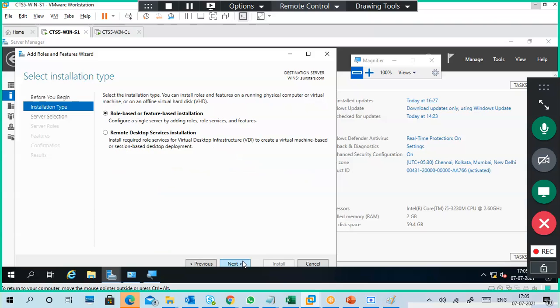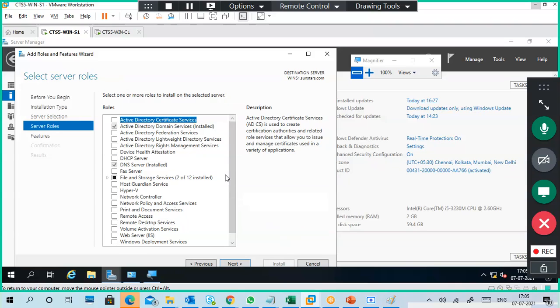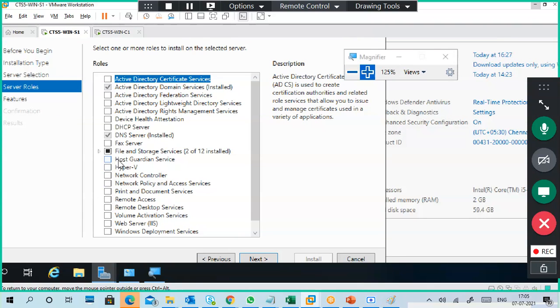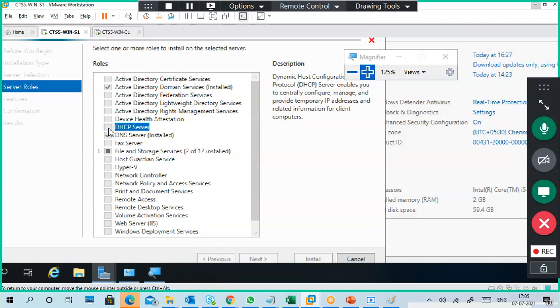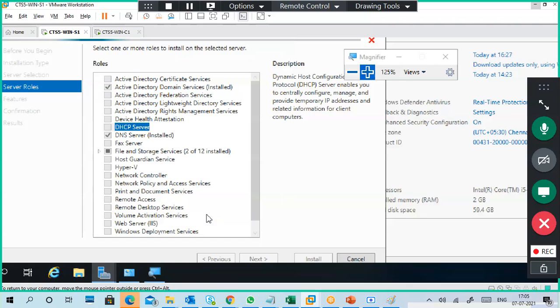Next. Now what to select? DHCP. Select the checkbox. It will show the add features window. Click on Add Features.